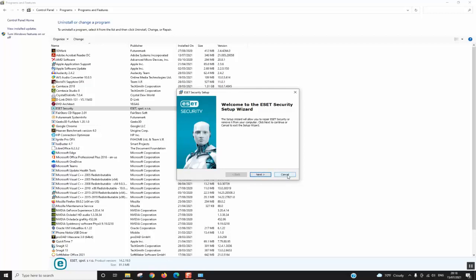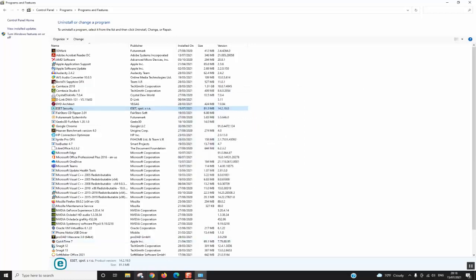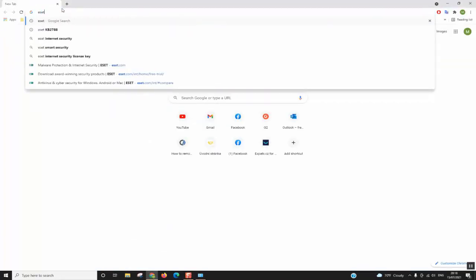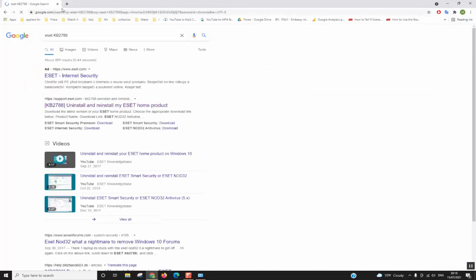If this method didn't work for you before or didn't work for you now, then there is a second method which will force the uninstallation. What we will do, we'll just click to open our browser, and we will type Eset KB 2788. Press enter, and here this option will appear under the website